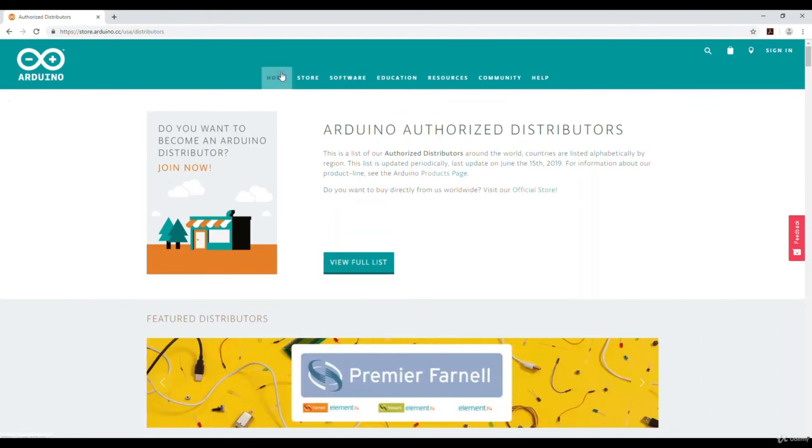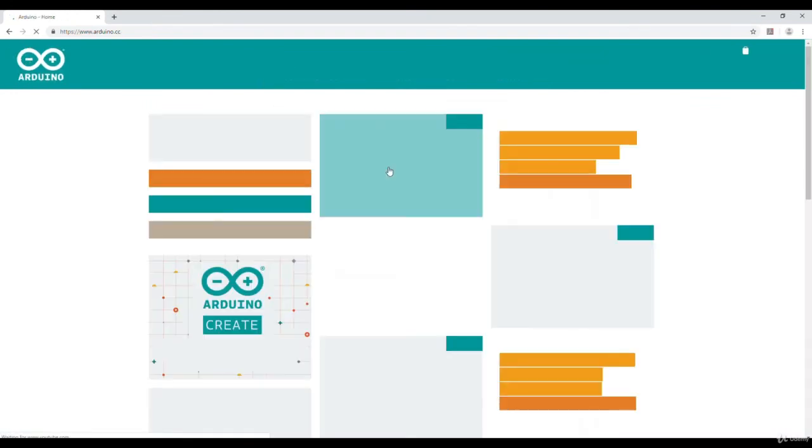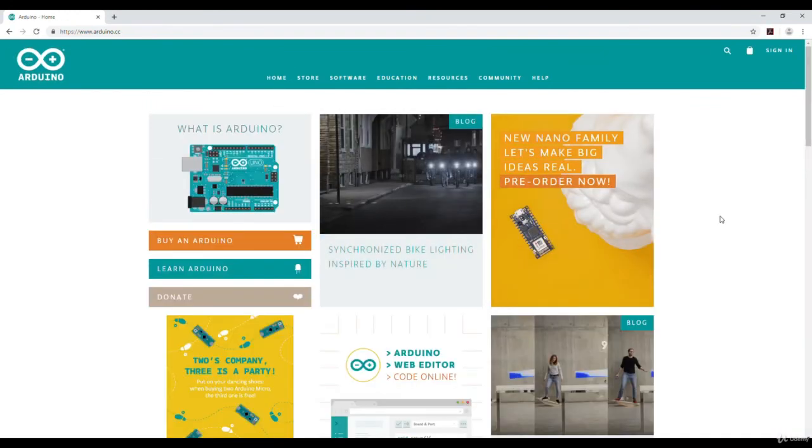They have another option, like the engineers or the people who are cloning the Arduino board by downloading the board files and schematic files. They are also selling the same Arduino board but at a low cost. That you can get from your local vendors. Like if you have any local electronics market in your area, you can go there and purchase